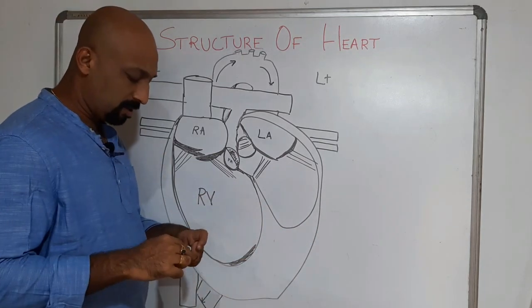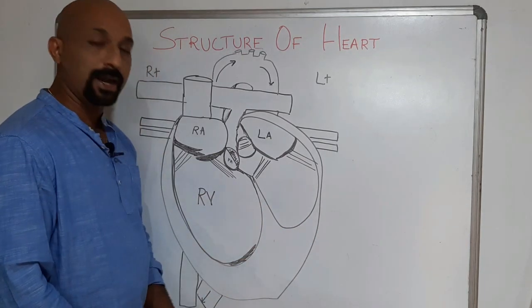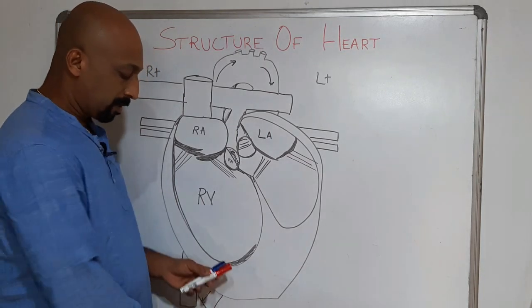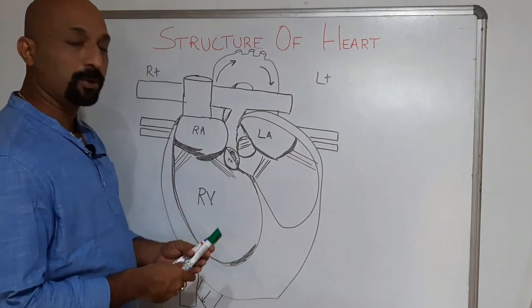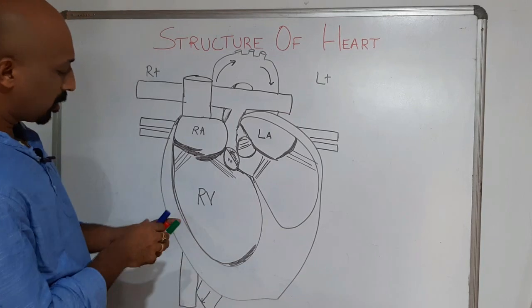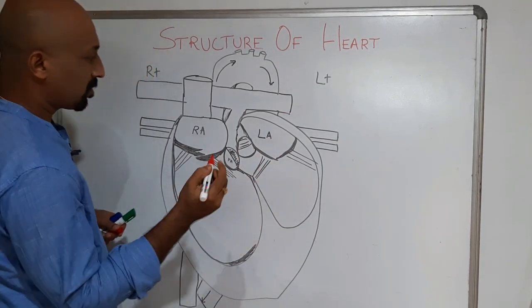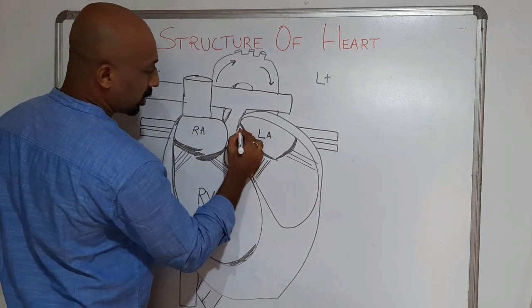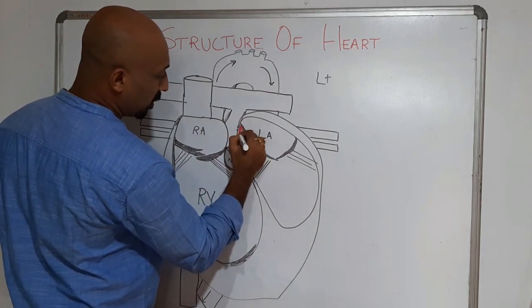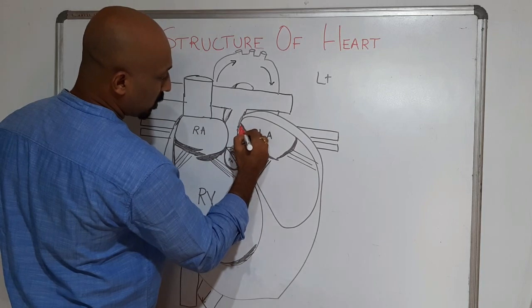For easy reference, we can color and label it. Coloring and labeling is a good format to learn actually. For that I'll use 3 colors here. For example, I start from the left side. So the left side is the aorta part. I'm just coloring it so that you can understand it clearly. Okay, so just color it.